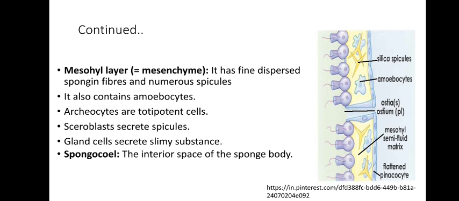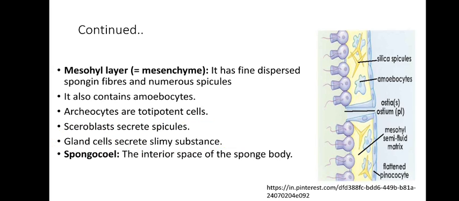They are called amoebocytes because they are amoeba-like, with pseudopodia-like projections. There are also scleroblasts, and these are specialized cells that secrete the skeleton of sponges called spicules. Then there are gland cells. We know that gland cells are those cells that secrete something, and here they secrete a slimy substance. And in addition to that, there is a cavity at the center of the body that is called